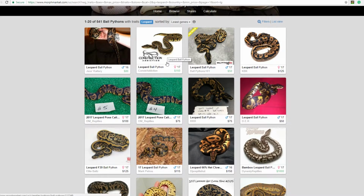And you can eventually possibly create a line that almost always has this sort of split pattern, or one that almost always has this dorsal stripe going on with it. And if that's what you want, then you should do that. You should breed for what is called quality, or you should keep for what is called quality. If you're just trying to get a pet snake,